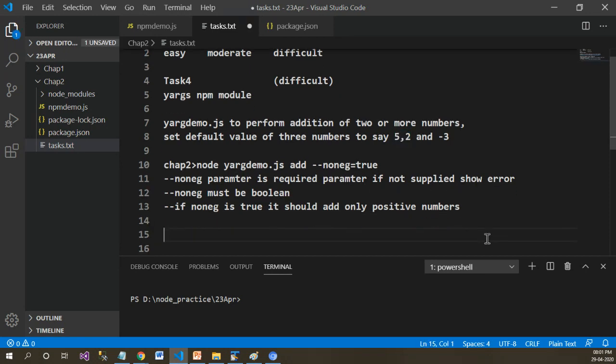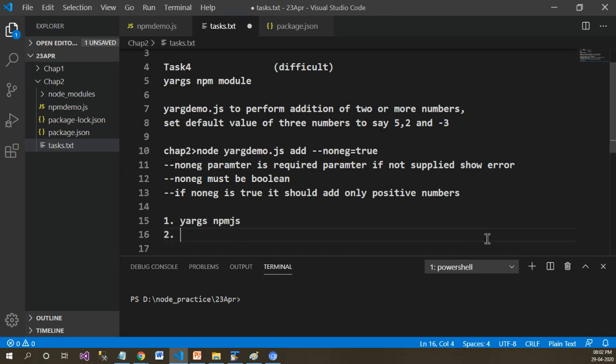So let's discuss certain hints. First, you need to observe the yargs npm library from the website. Second, go through the complete documentation of it and study the following parameters: command, describe, and builder.